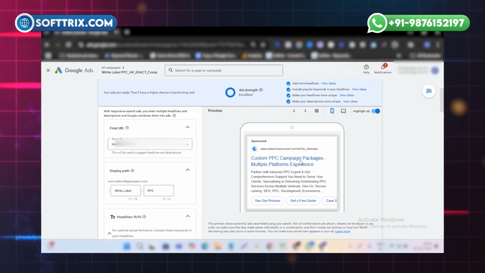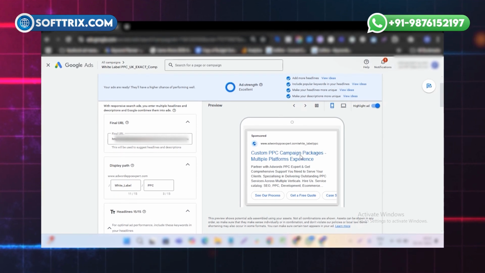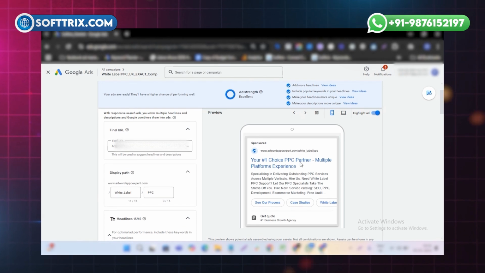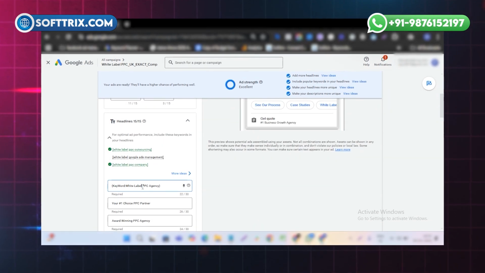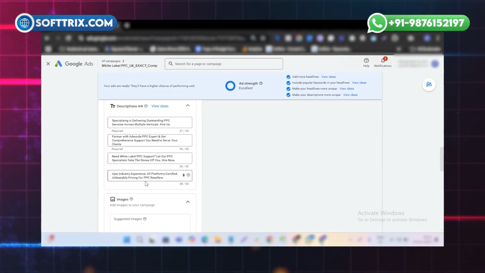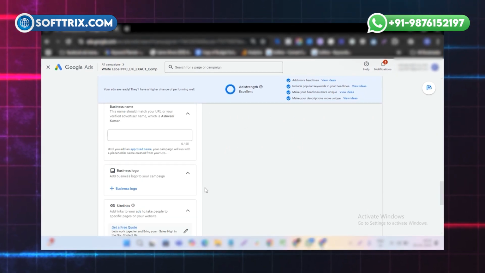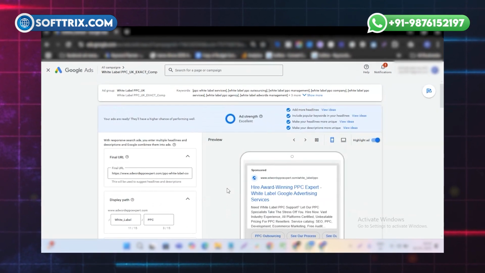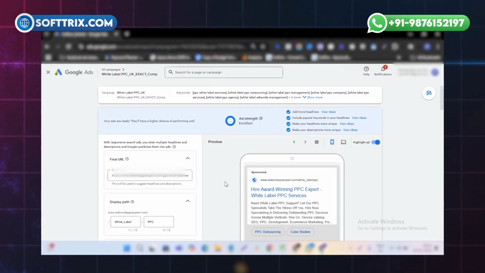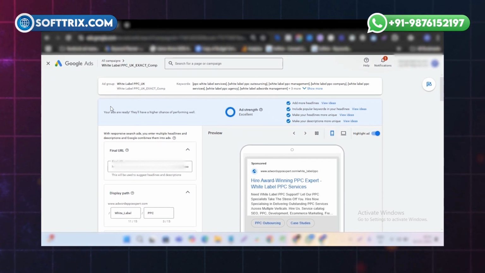So let's say if a user searches custom PPC campaign packages, then the headline will be replaced with custom PPC campaign packages. And similar to what the user searches on Google, there are certain side effects and certain areas where you should not be using DKI. So I'll show you and I'll explain when not to use DKI.